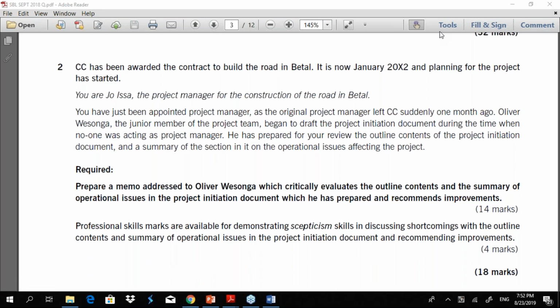Anyone wants to answer? Looking at positives and negatives is evaluation, or benefits and otherwise. But what is critical evaluation?